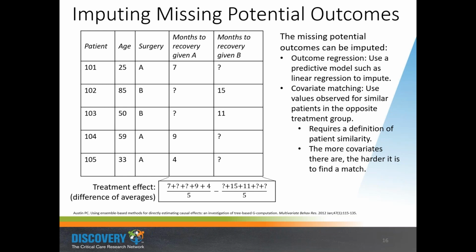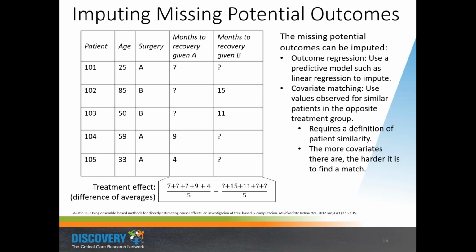So that's a matching method, and that requires a definition of patient similarity. What does it mean for two patients to be similar to each other? And a big problem with doing that is that the more covariates you have, that is, the more ways of comparing two patients. Like, let's say somebody is 50 and female and of Vietnamese descent. Is that person more or less similar to somebody who's 50 and female and of Guatemalan descent, or to somebody who's 60 and female and Vietnamese descent? So how do you define that thing?